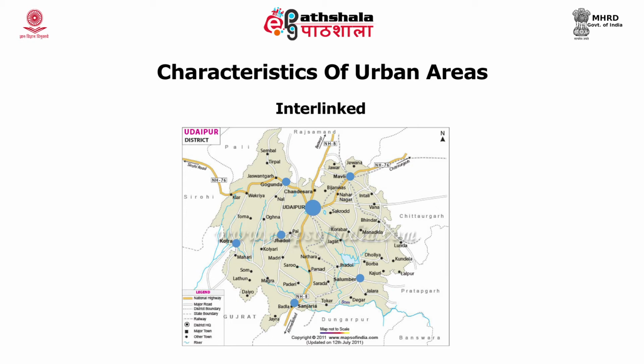This drawing shows that there is a city and there is a hinterland of this city. There are links which we call physical links, that is the roads and rails which connect the city to its hinterland, and the commodities move through this and people move through this to come to the city, and from the city people move out to the hinterland for various purposes.